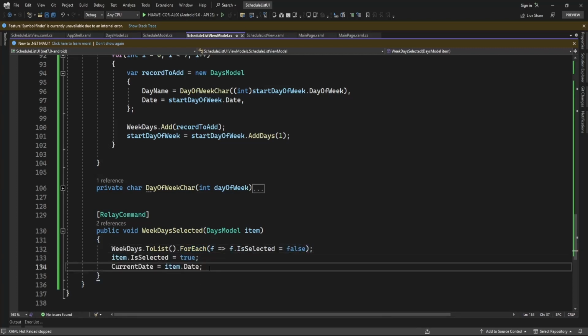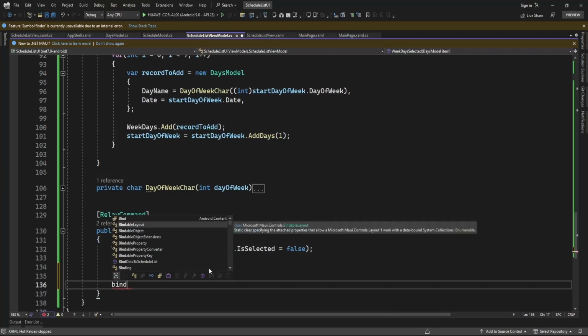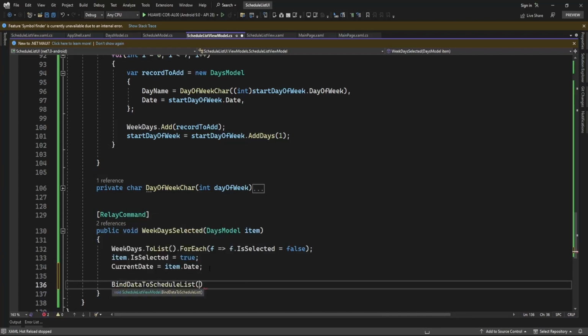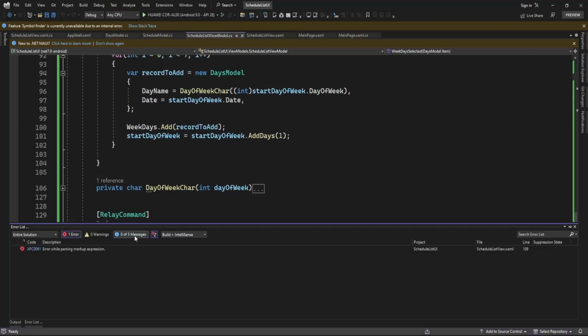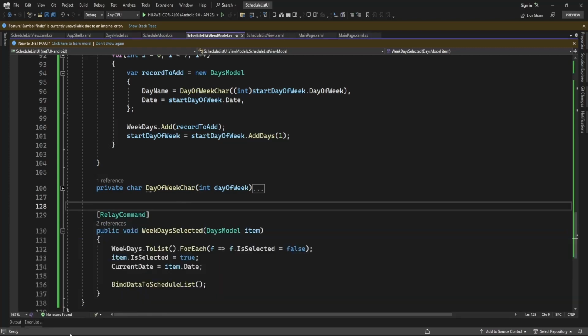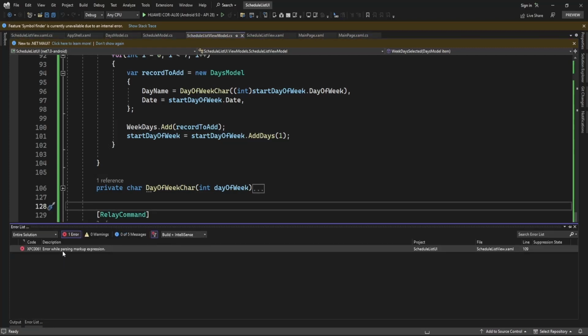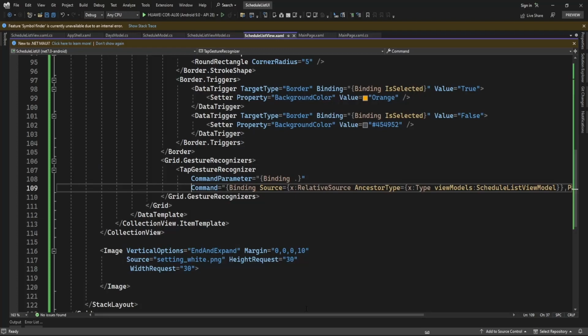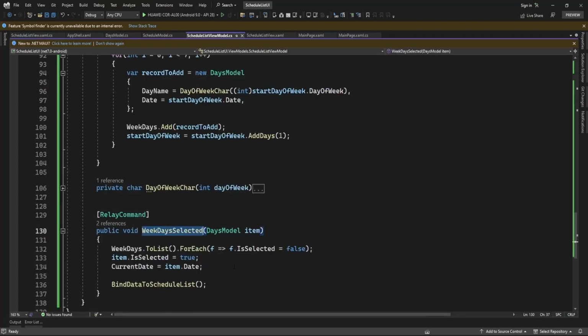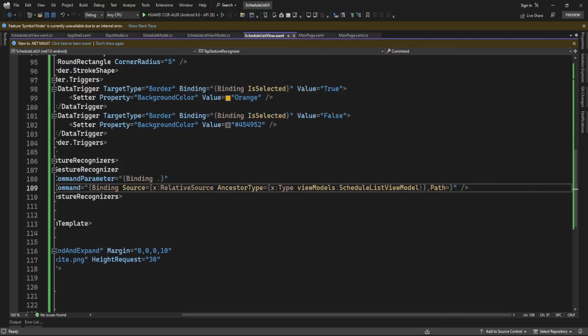And then I will just call this bind data to schedule list method, so it's just going to bind data to schedule list. Now let me run the application and let's see. Okay, so it's throwing error here in a parsing. Let me just see. Yeah, okay, I need to specify this weekday selected command here in a path option,